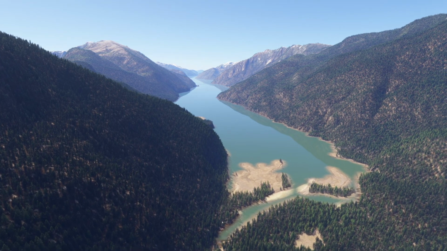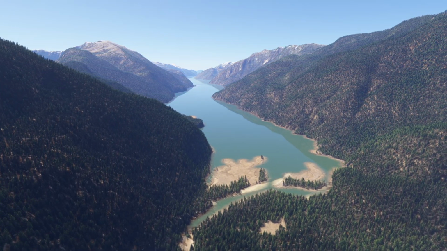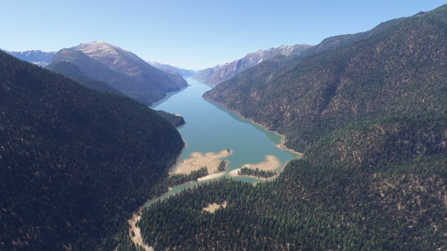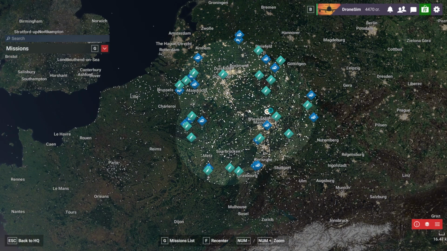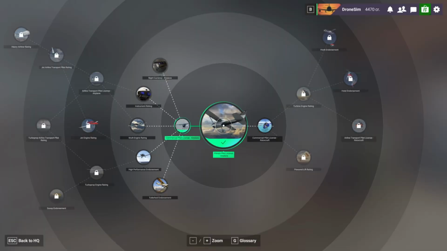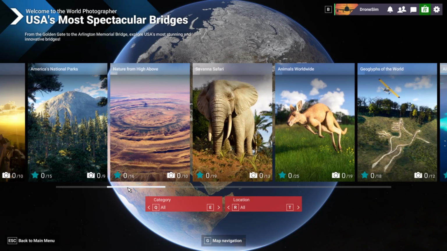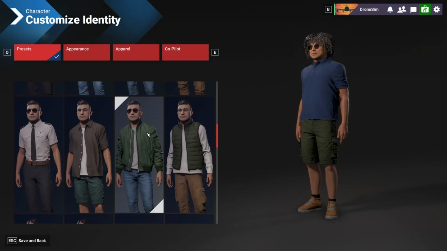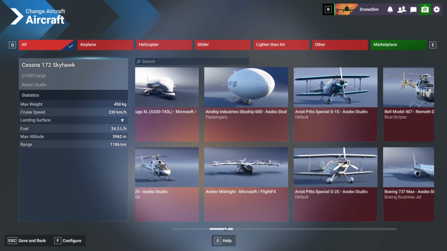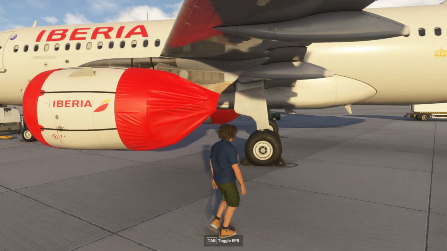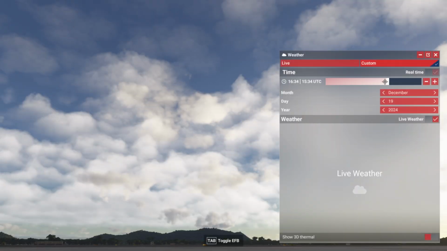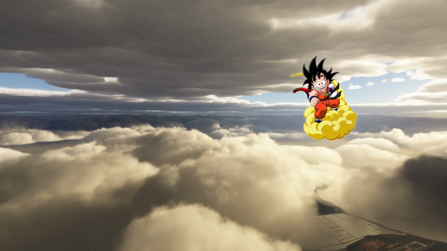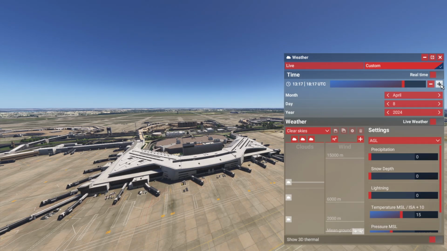But there are also a lot of beautiful and nice things in the new Flight Sim 2024, so let's just take a moment to appreciate all those things, like the career mode in general, career missions, career certifications, because you don't have the money to do it in real life, world photographer, challenge leagues, although they are broken right now, customizing your identity if you have an identity crisis, tons of default aircraft, specifically airliners, saving the day by identifying cracks the mechanic has missed, the 24-hour weather because it's raining right now and you miss the sun, the absolutely amazing cloud layers because you feel like Son Goku cloud surfing,